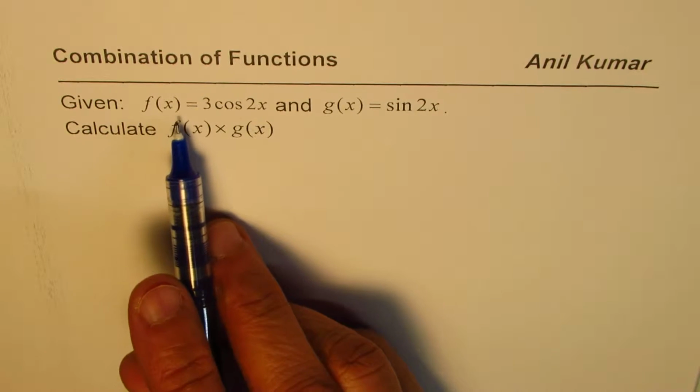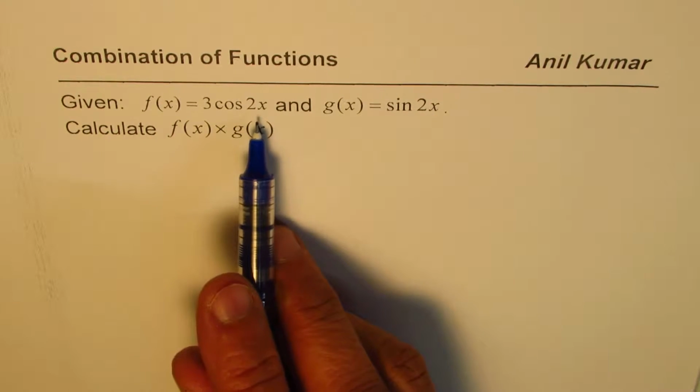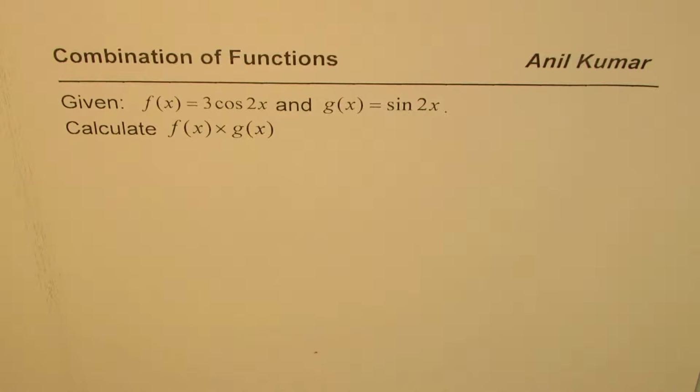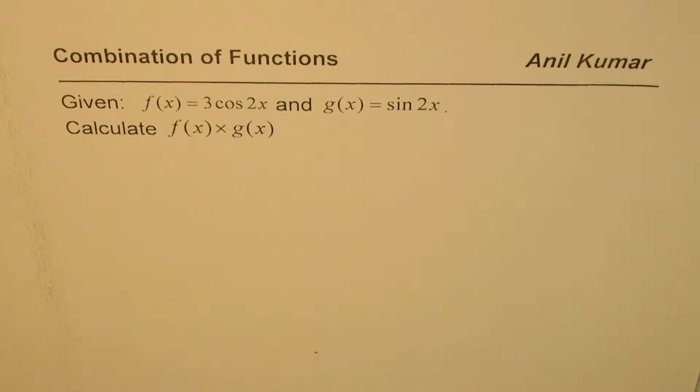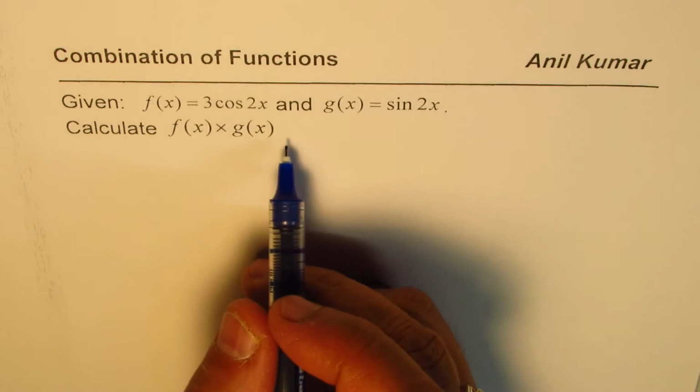We are given f of x equals 3 cos 2x and g of x equals sine 2x. You need to calculate the product of these two functions, right? That's the exercise. At times in the test, we may have some more parts to it, that is,